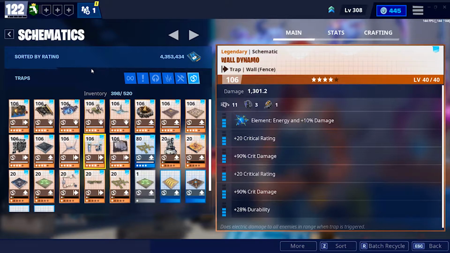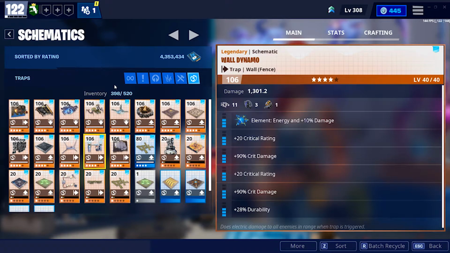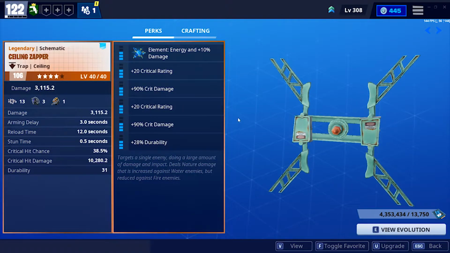So we'll start with the Zapper. So the Zapper, based on what I've seen, doesn't seem that great. Now, I'm not saying it's a bad trap. I think this trap still has its uses, and I still think that this trap can be useful. It's just in certain situations, especially trap tunnels, it doesn't look like it would perform that well